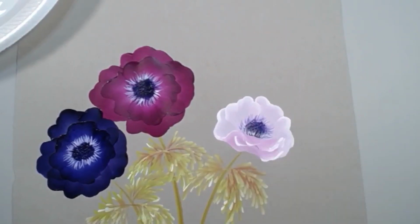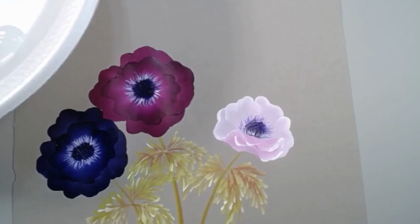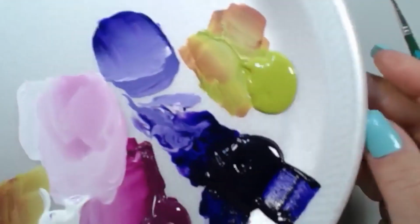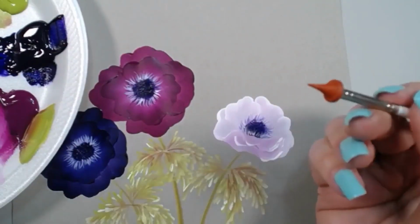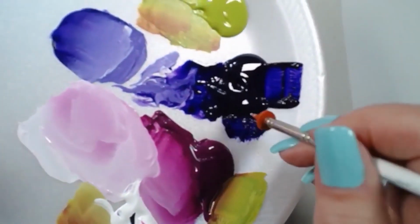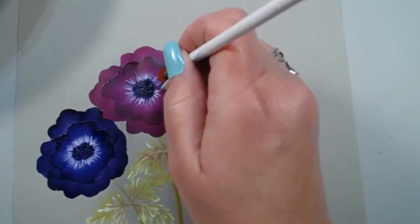All right, now the last thing we want to do on these is all the little pollen dots around the outside edge. And so you can do this with, I want to show you both. So you can do it with the Kiss tool, all right? And you can dip into the light color. Actually, it should be purple, not white. Let's start with that. So dip into the dioxazine, and you can come here and just dot